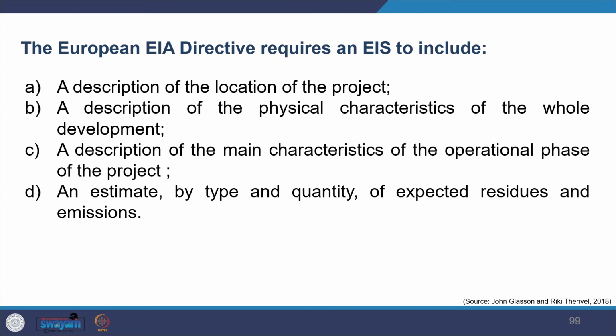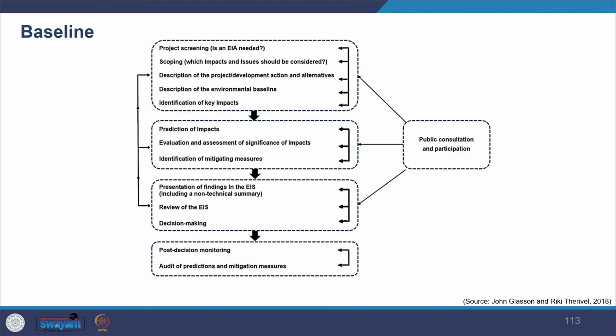In the Indian context, you have sectoral manuals which give you details on how you have to provide the project descriptions. You show various physical characteristics. Then you show socioeconomic characteristics, which may include labor requirement, provision of housing, direct services, flow of expenditure, and so on. And then you also need to look at how you're going to present this data in a very systematic manner, and what information you will be able to gather and communicate. Now moving on to the baseline study.